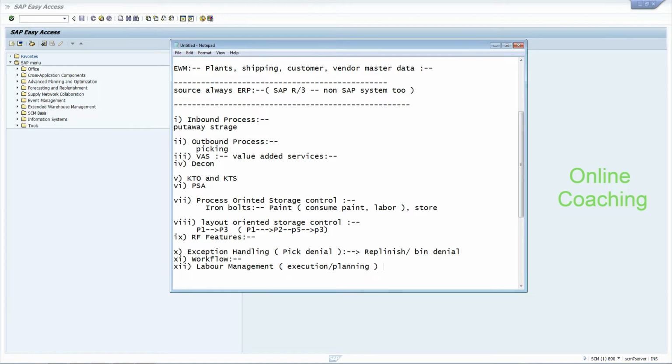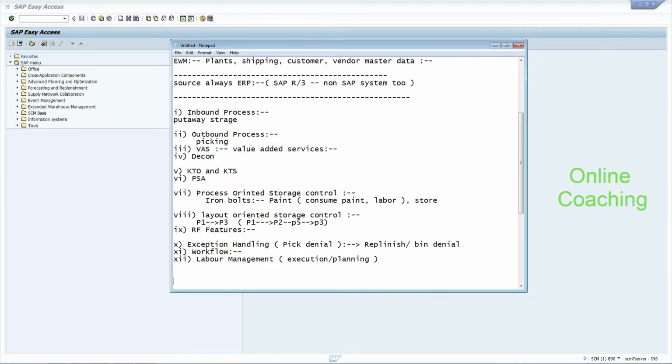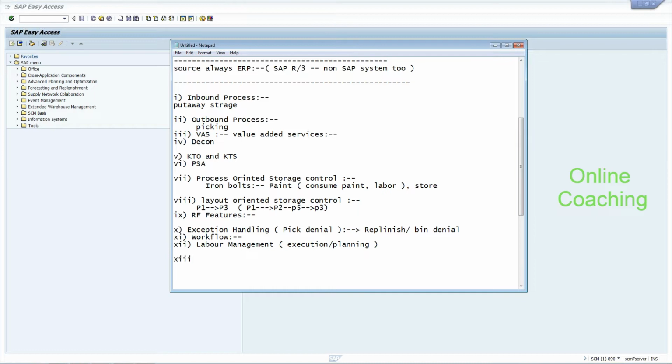This feature has to be covered by my warehouse. Physical inventory is part of it, and I can say the inventory process also. The most important part is the MFS. This is the main advantage of EWM: the material flow system process, where my EWM system directly has to talk to the